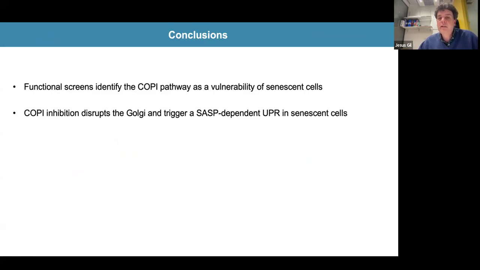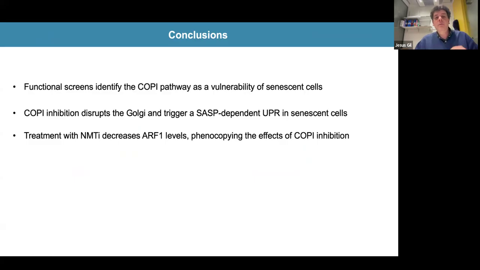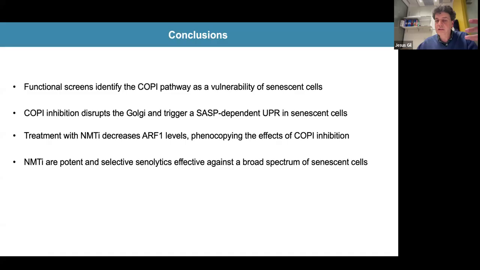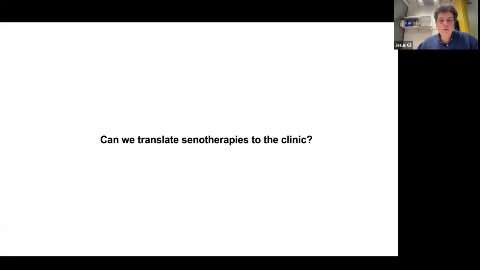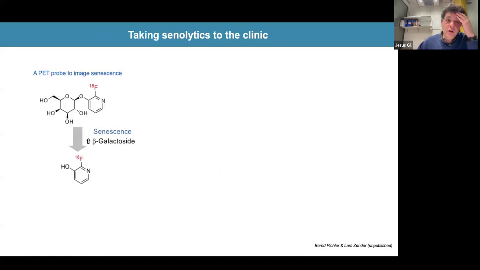It works by triggering a SAS-dependent unfolded protein response and ER stress response on the senescent cells, and treatment with NMT inhibitors phenocopy these effects and can be used to treat a broader spectrum of senescence-associated diseases. And what I'm going to show you in the last slide of this talk is whether we can translate these xenotherapies to the clinic. And I'm just going to skip this and show you an example of something that has